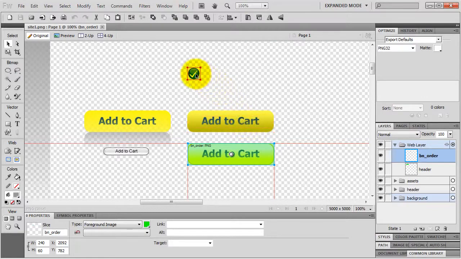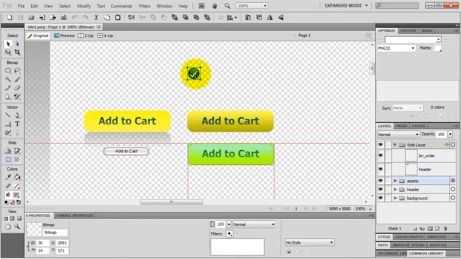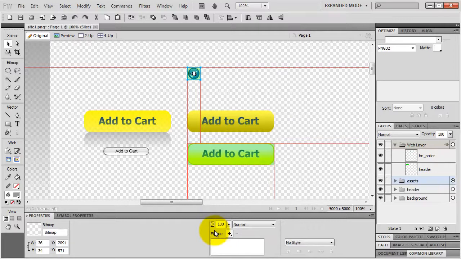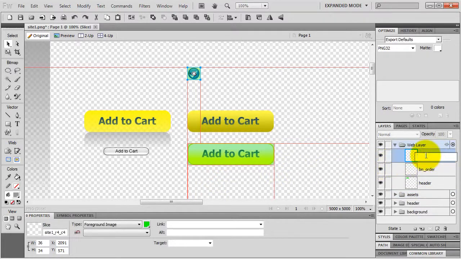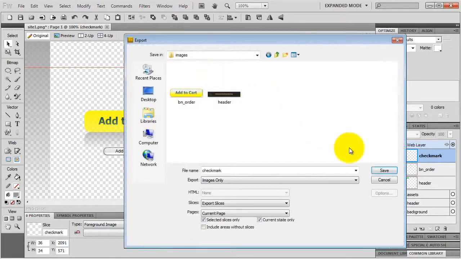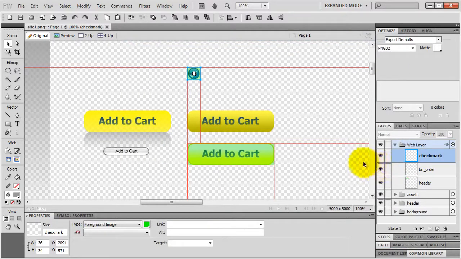I export my check mark, I select it, right click on my mouse, or control click on the Mac, and choose insert rectangular slice. I'm going to name it as check mark. You can name your slice here as well. And again, your slice name is going to be the actual file name, so make sure you don't use uppercase letters on the web. Okay, I right click on my slice, or control click on the Mac, and choose export selected slice. Click save. And I've exported some of my images, but if I want to have a website that